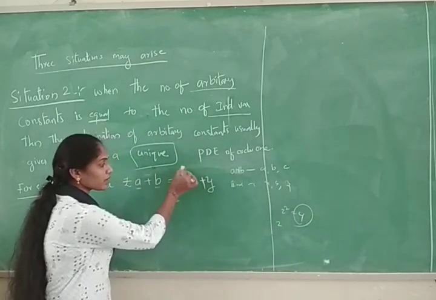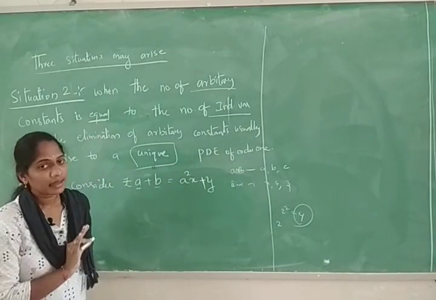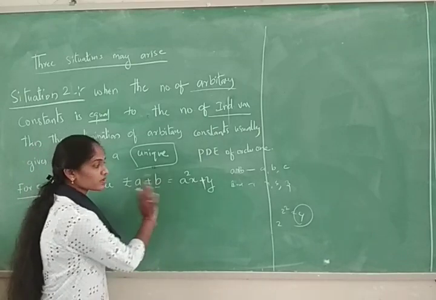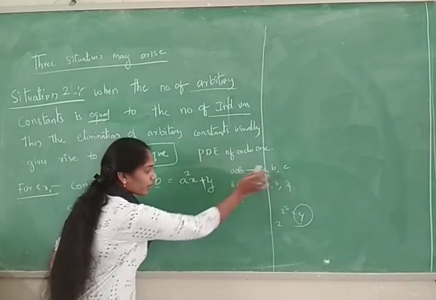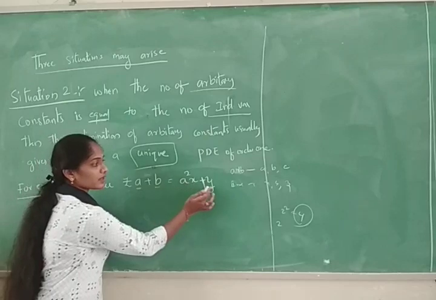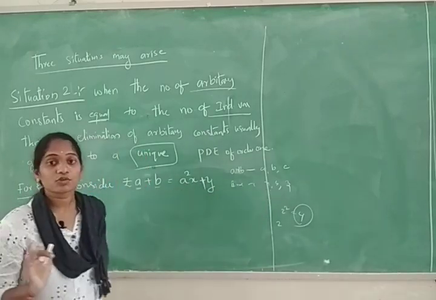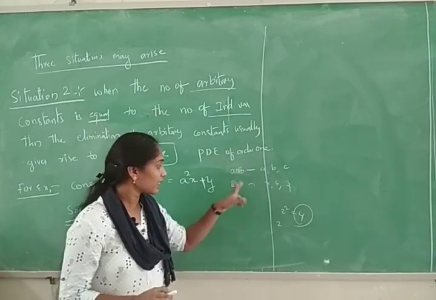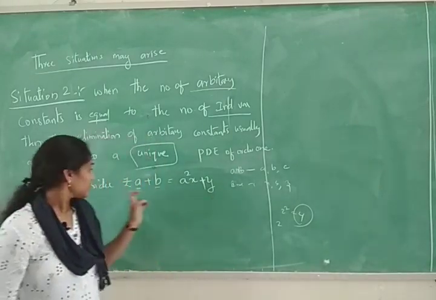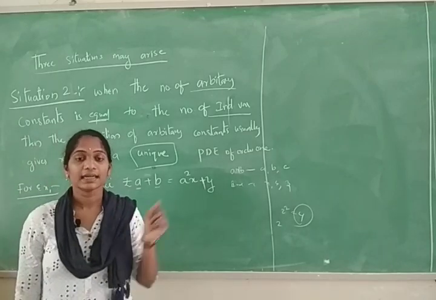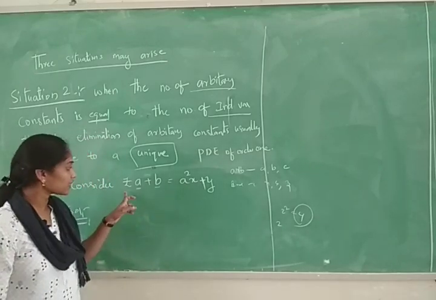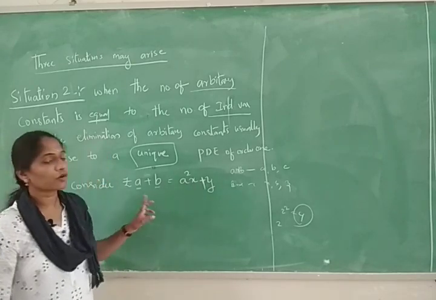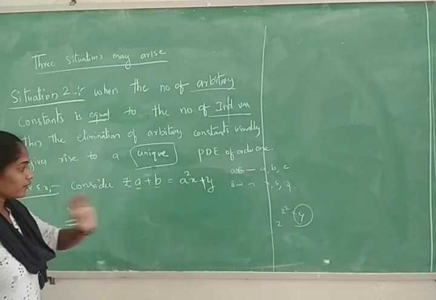So square is not needed, there's nothing like that. a means a, b means b. Okay? So there are 2 constants, a comma b, and the independent variables are x comma y. We are differentiating with respect to x and y, that's why they are independent. Z is the dependent variable. You should not consider z to be independent. Only x comma y and a comma b. Now we'll go to the solution.